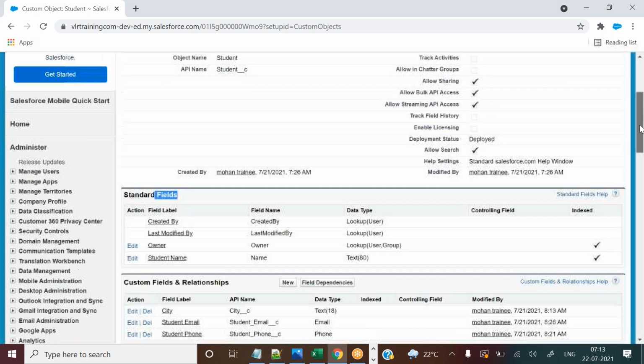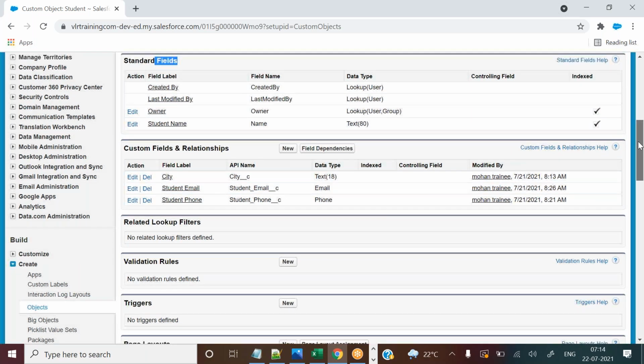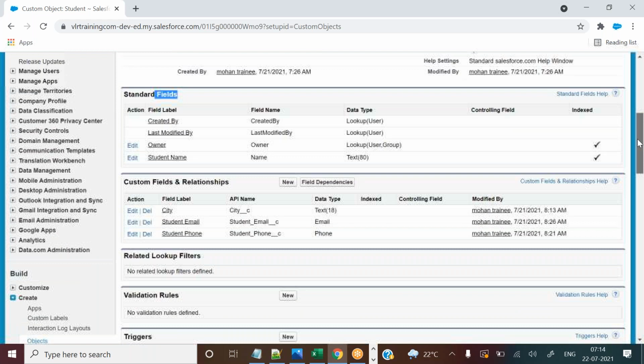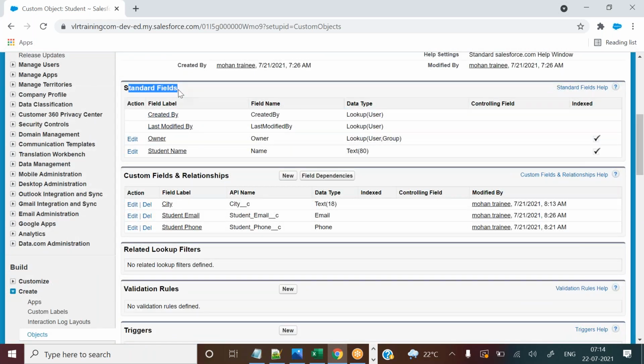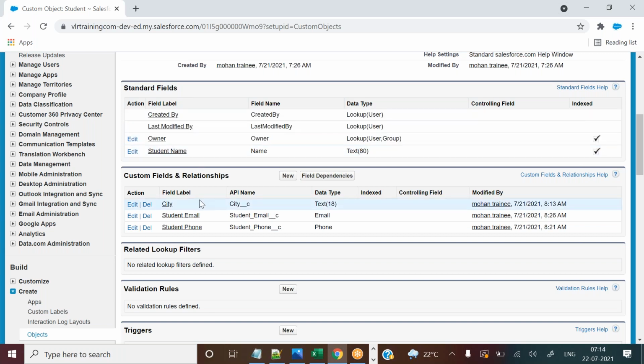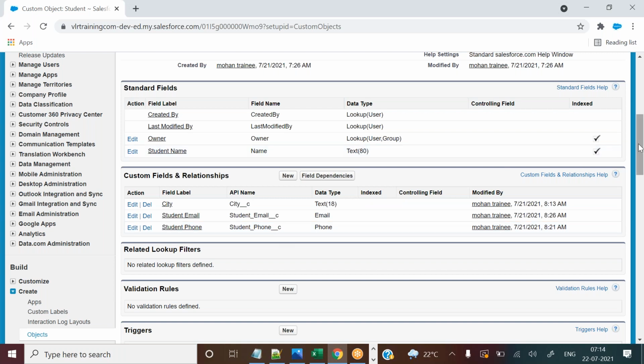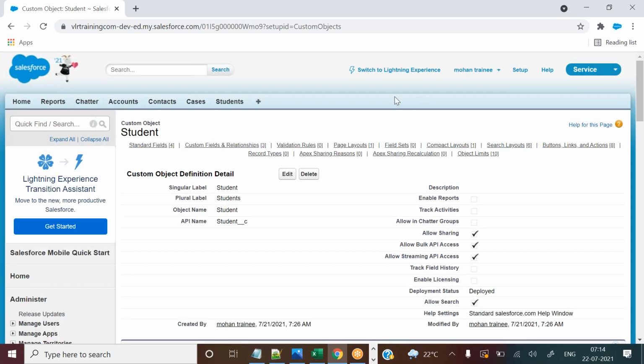And now I have created an object. Good. And I have created a few fields also on this object. Next thing is, who created these fields? These are the standard fields which are created by Salesforce, by default fields. And who created these fields? We created these fields. We means I, the user. The user created these fields. These are the custom fields.